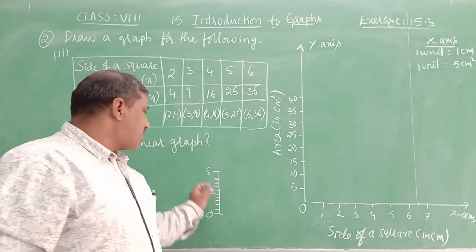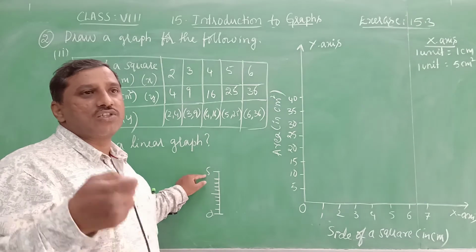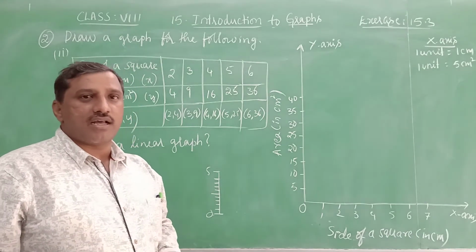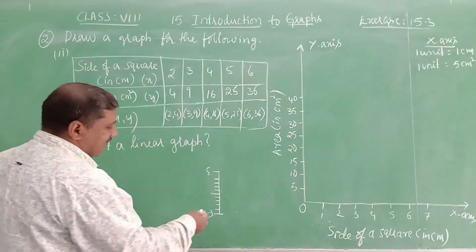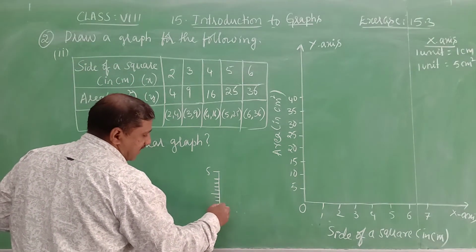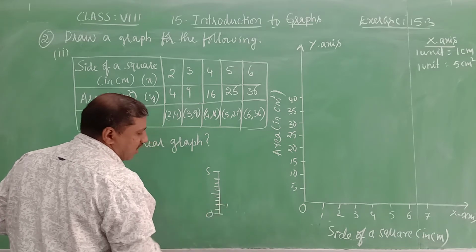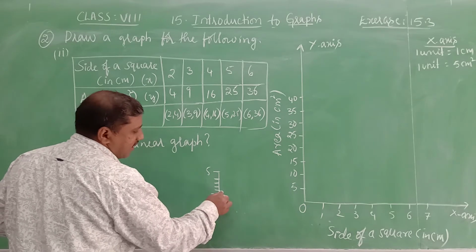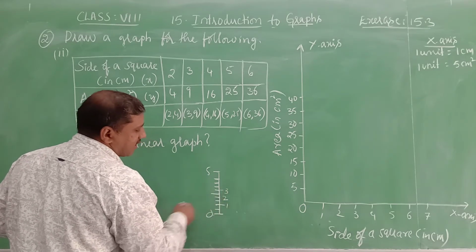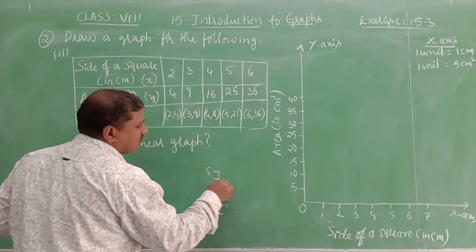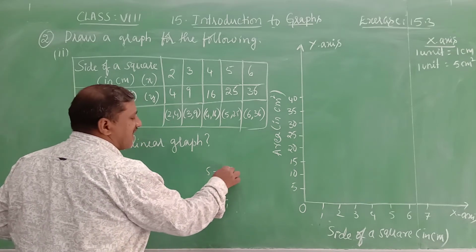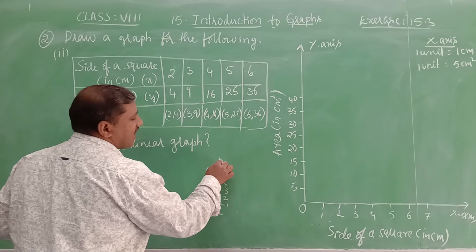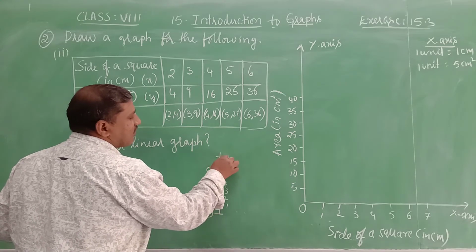Then 1 centimeter square is equal to how many parts? 5 by 10 will give us what it is. Each 2 lines, this second line, will give you what? 1 square unit, and the next 4th line will give you 2 square units. Then the 6th line will give you 3 square units. The 8th line will give you 4 square units. The 10th line will give you 5 square units. Again after 5, the second line will give you what? 6 square units. Again the second line will give you 7 units like this.